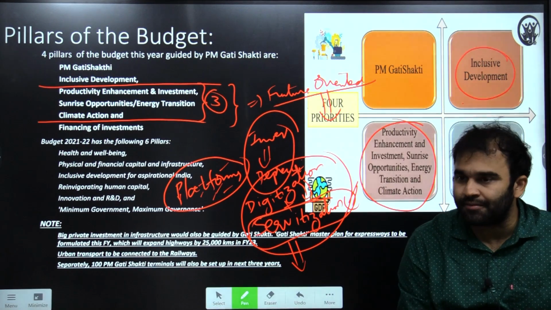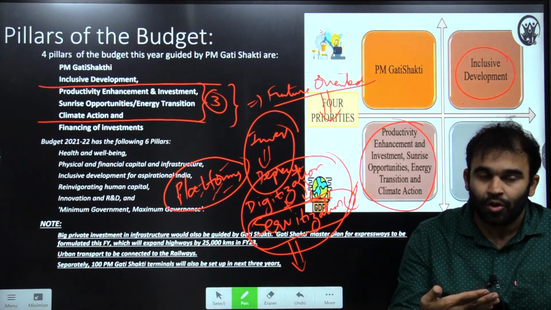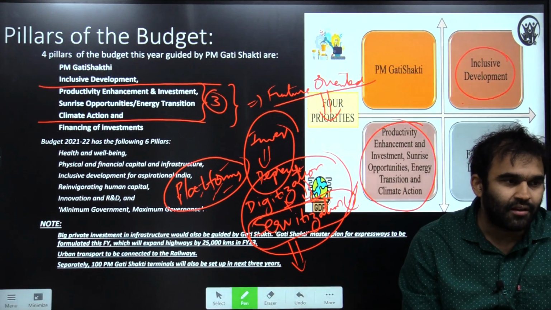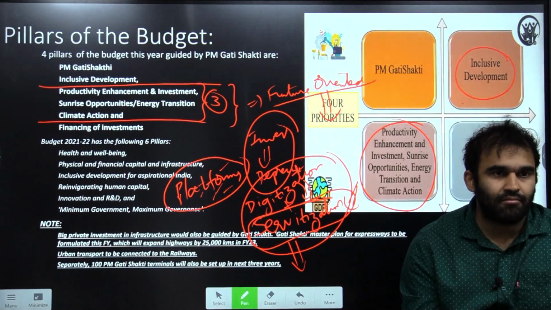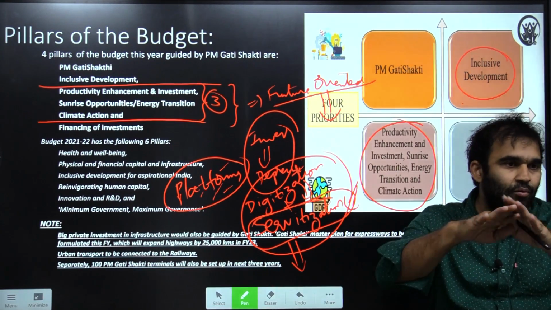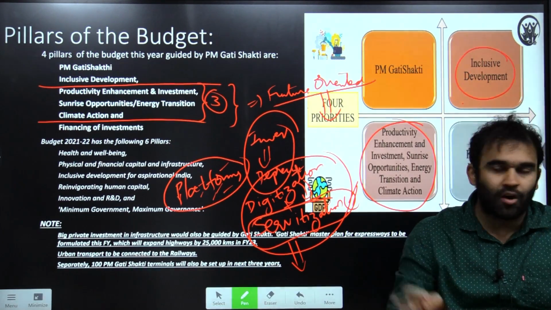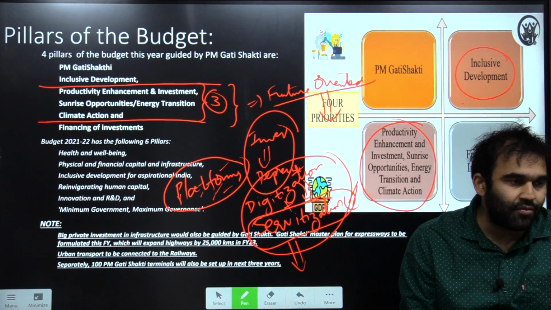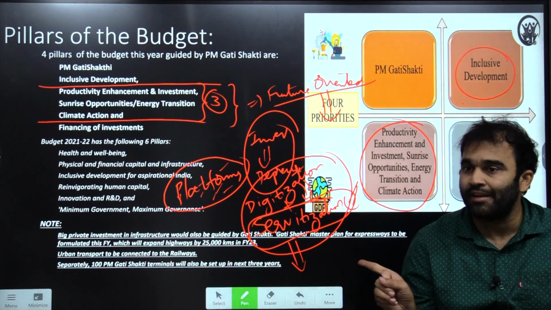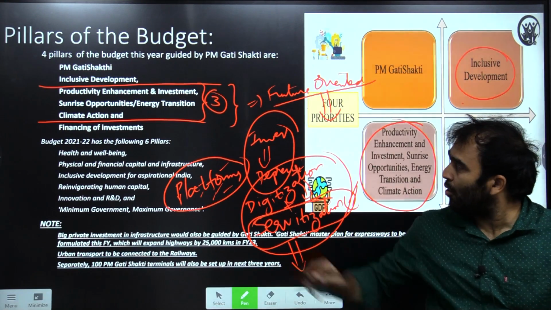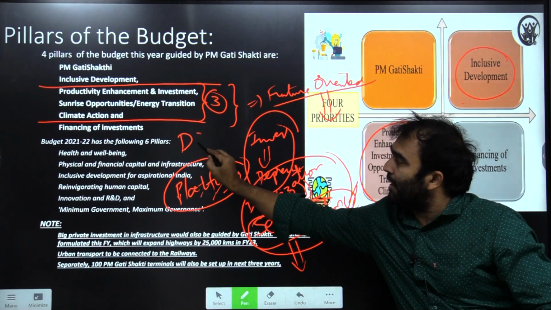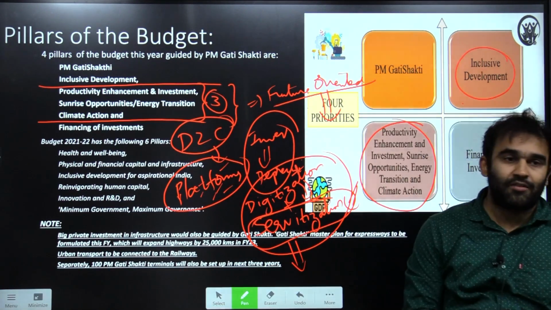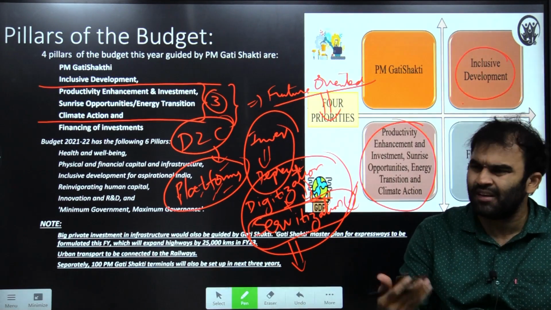If you want to buy a car now, you no longer have to walk into a showroom physically. Of course, we do that even today. But there is one platform, one website where every car made by every manufacturer is being offered. That is the servitization of the economy, which is also, sometimes you come across the word D2C. That is part of servitization or platform-based economies. There are different words to explain.